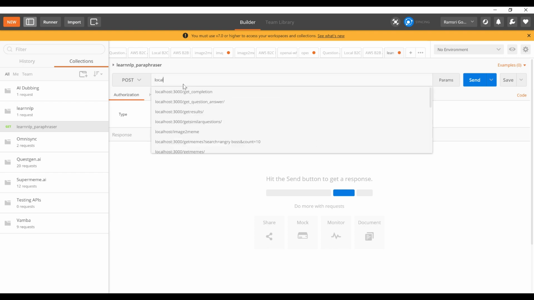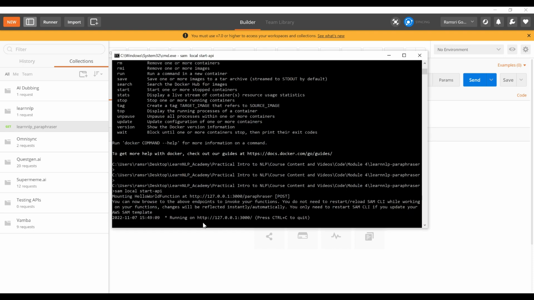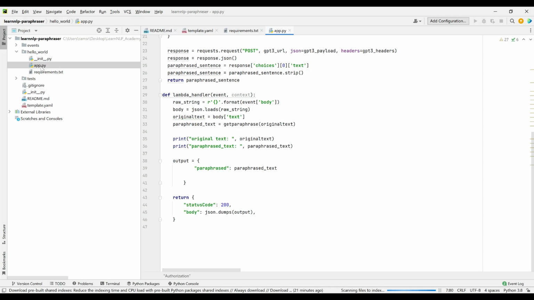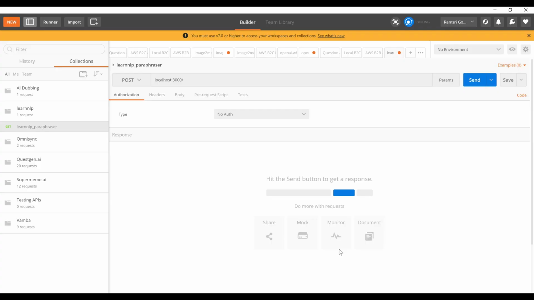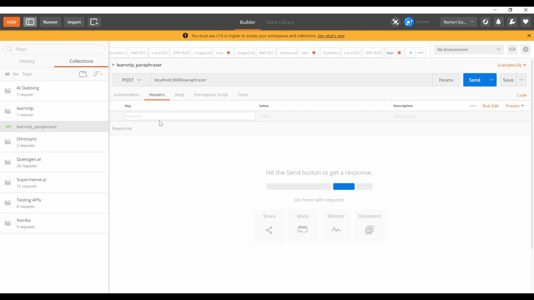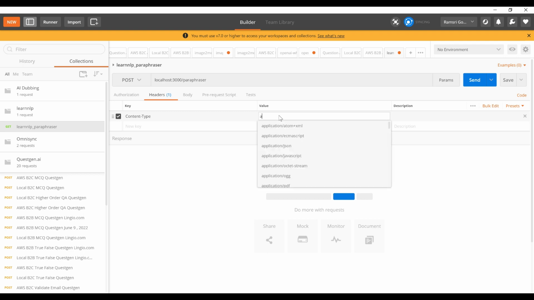Then you have our localhost colon 3000. That's where our app is running. So 127.0.0.1 is localhost. So localhost colon 3000. And what your actual API is, it's in the template.yaml. So you have Paraphraser. So the path is Paraphraser. So let's give this, and headers you can give, let's say, content type as